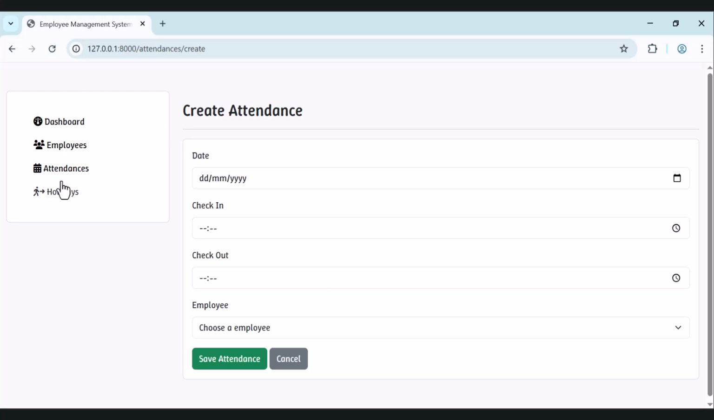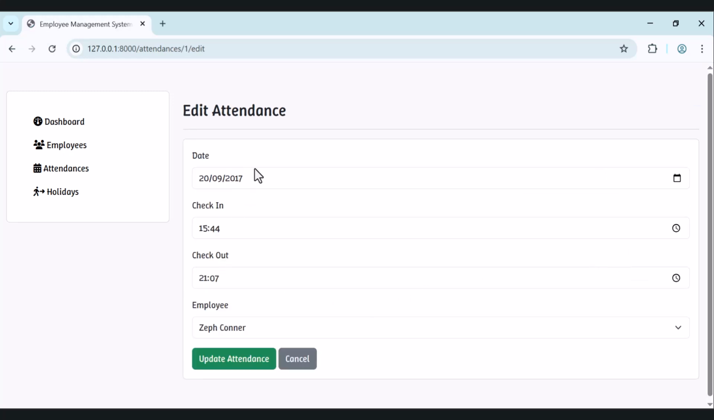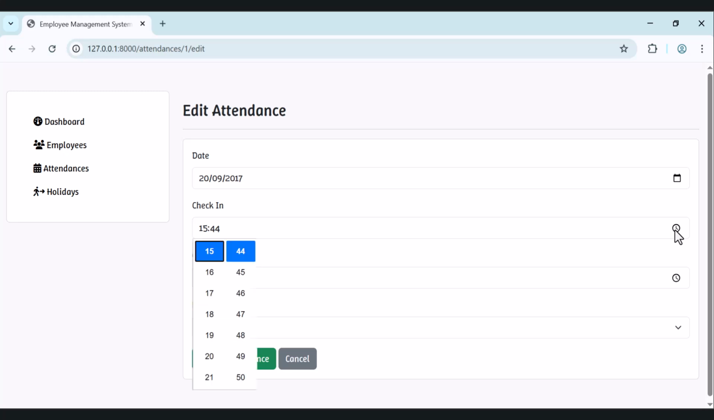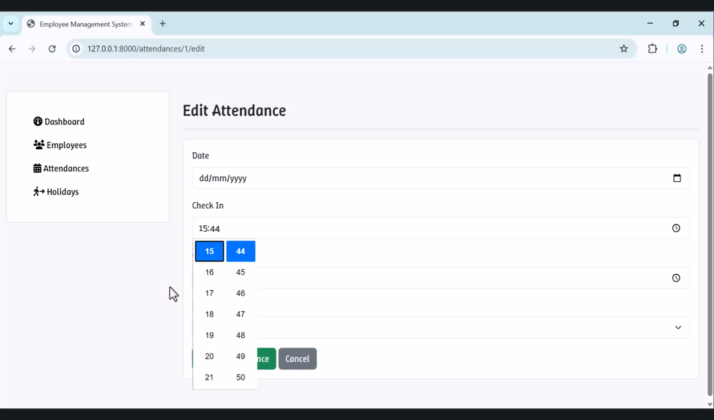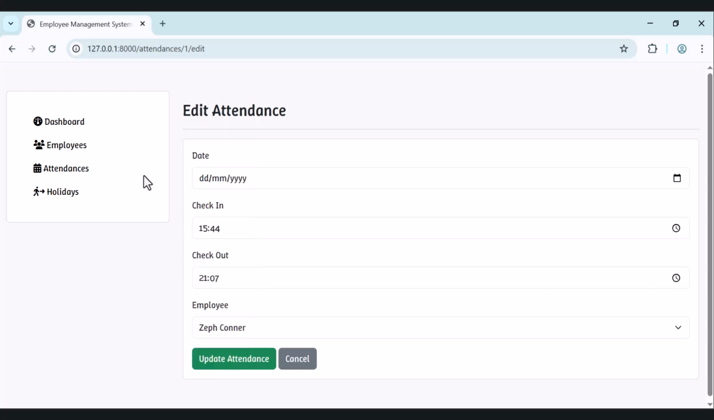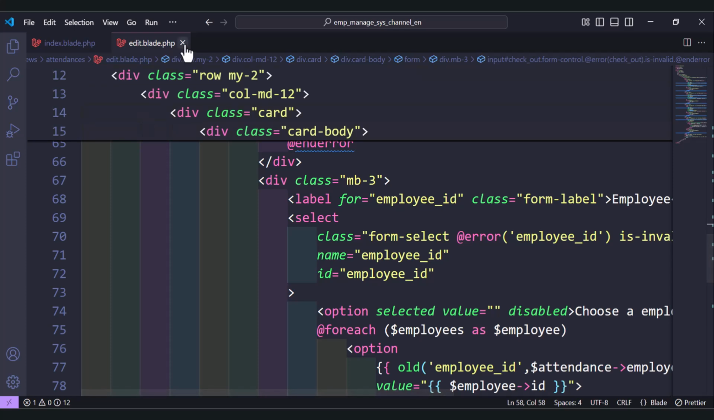So let's move to the attendances. Now as you can see, we don't need the placeholder for the checkouts. Okay, so let's use clear. If we clear, here we can't clear. Okay, so if we update, the dates field is required. So everything is working. Let's move to